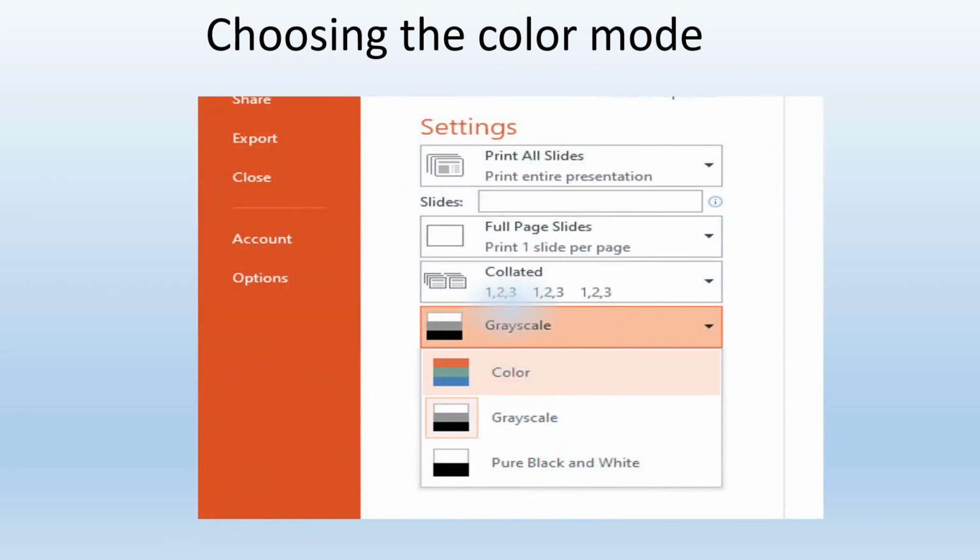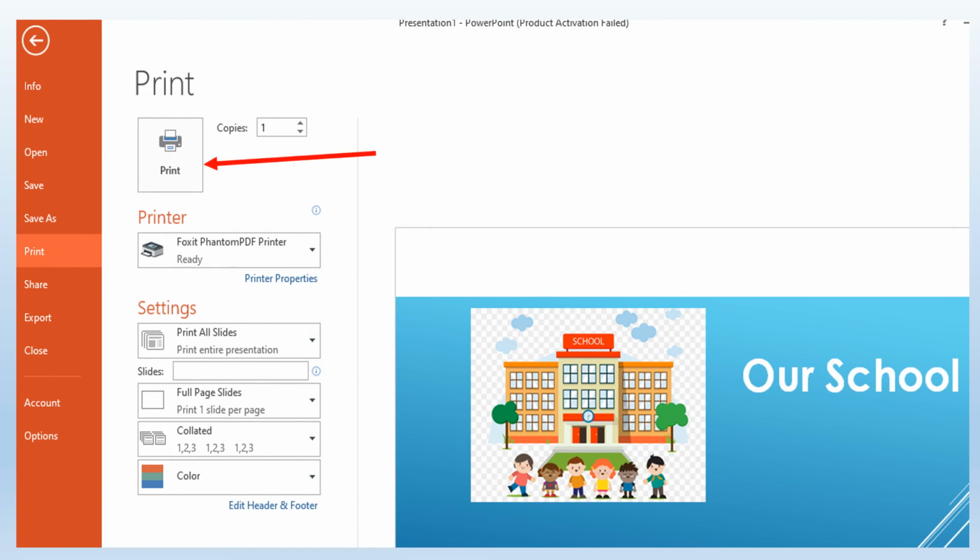And you can choose a color mode. You can select whether it's grayscale, color, or black and white. And then finally you click on the print button to get the printout.